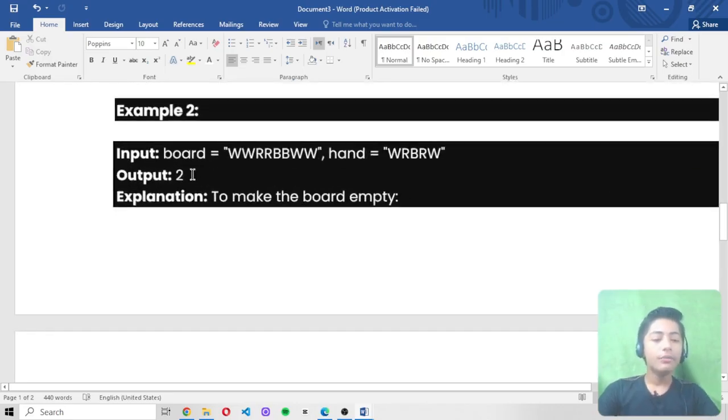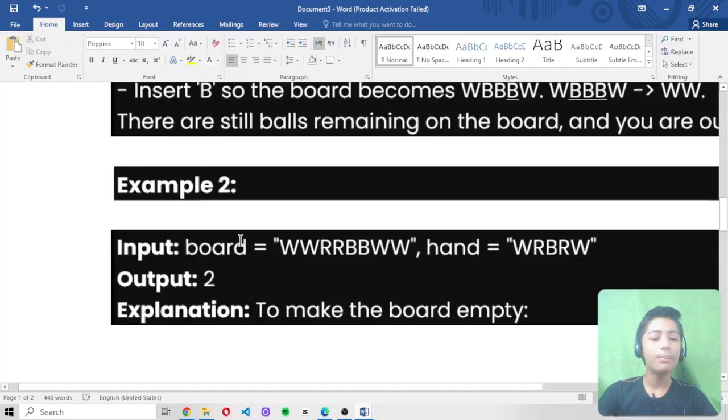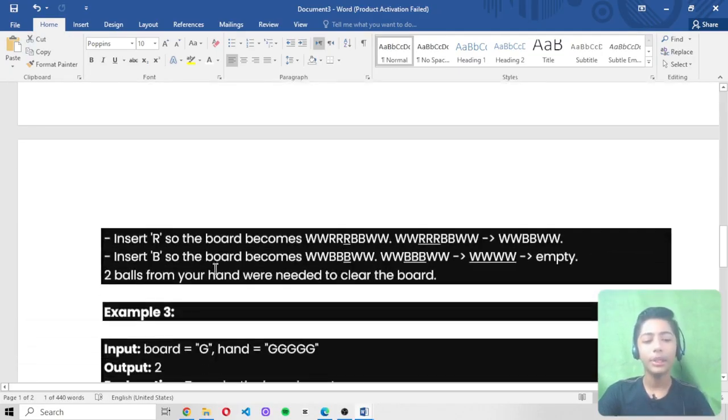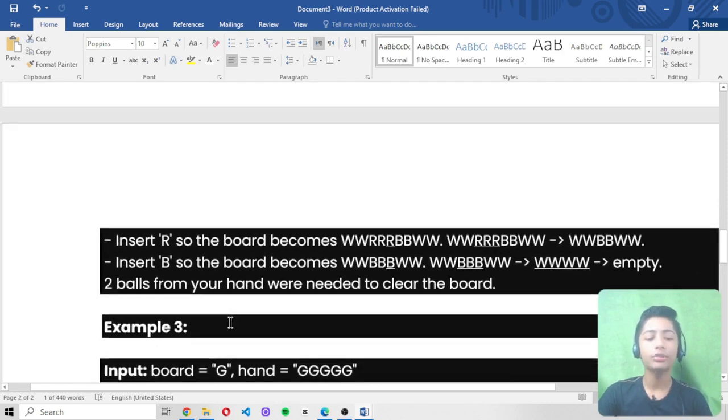Now, if you see example 2, here the board string is W W R R B B W W, and the string hand is W R B R W, and the output will be 2, because to make the board empty, here we insert R, so the board becomes W W R R R B B W W, which goes to W W B B W W, meaning white, blue, white.